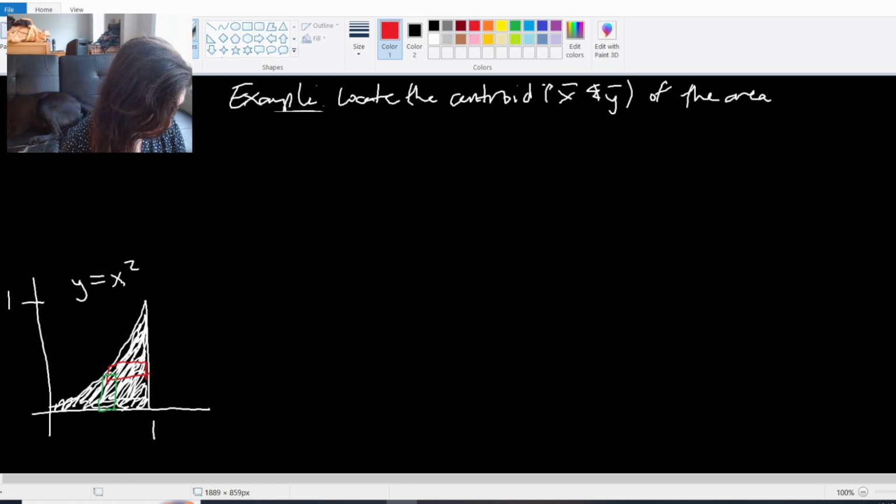So let's look at this one first. If I were to do this horizontal one first, say you really like that dy here. So here I have my dy,